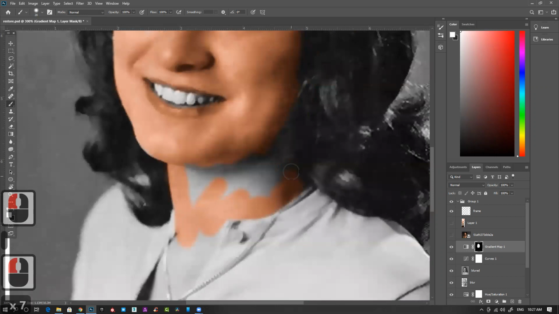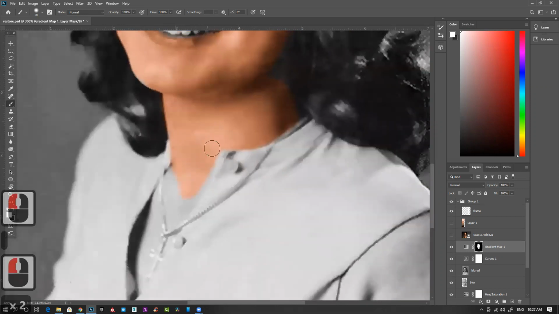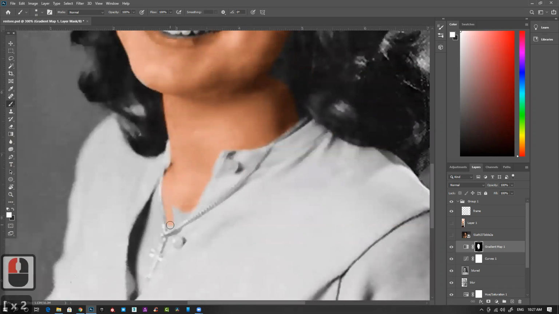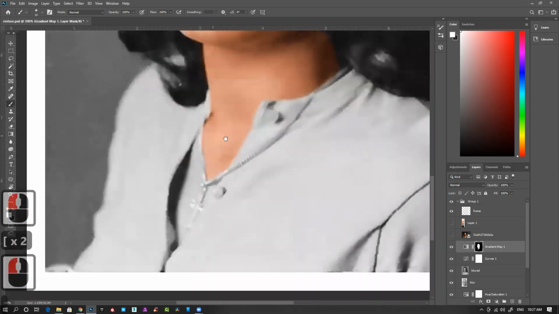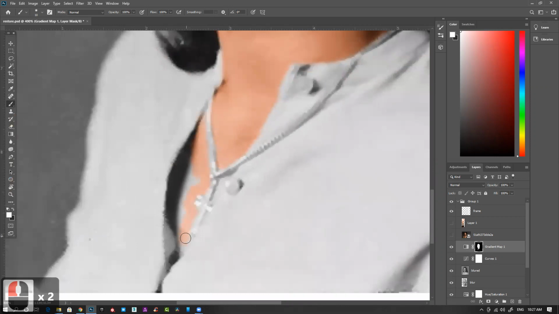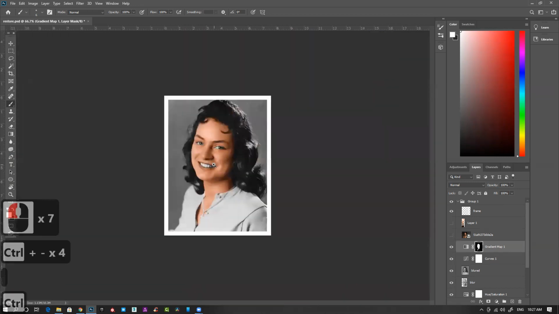And I feel this color is way too saturated, which I can definitely control. Use the brush very precisely and cautiously and paint those areas nicely.